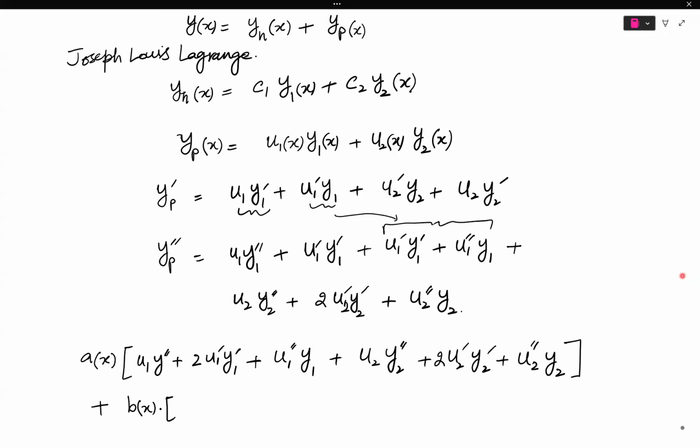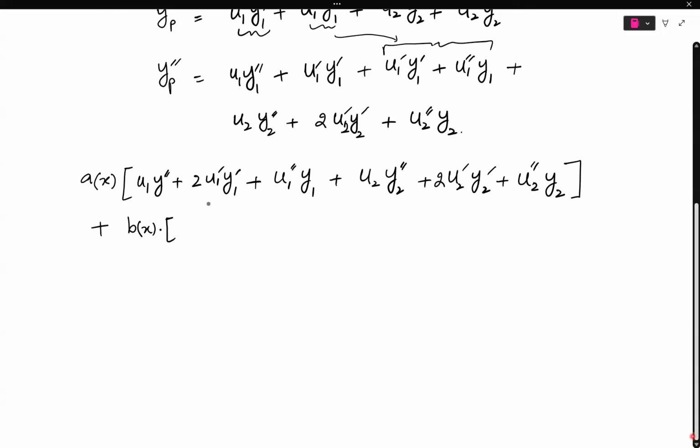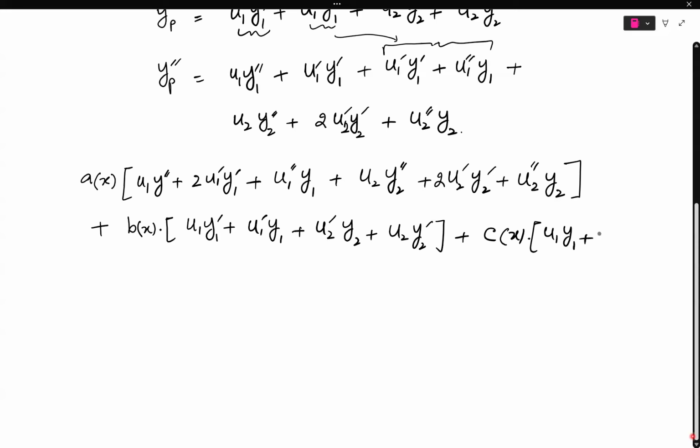So let's move on. We have to be patient. However, it is a simple algebraic calculation. So the first derivative, u1 y1 prime plus u1 prime y1 plus u2 prime y2 plus u2 y2 prime, plus c of x times u1 y1 plus u2 y2,